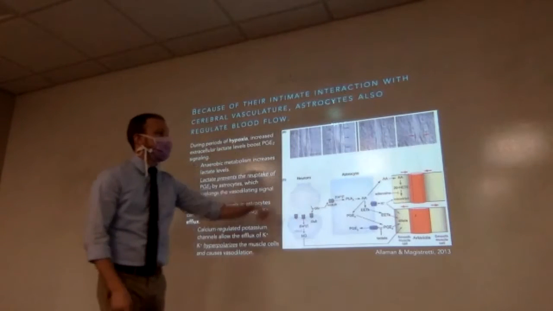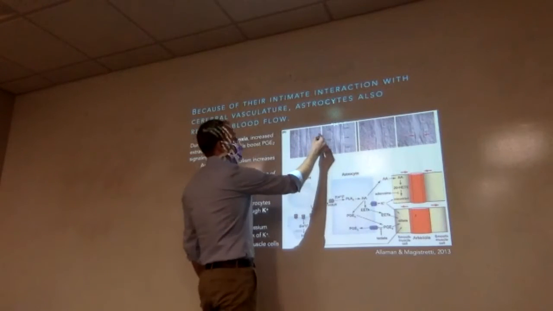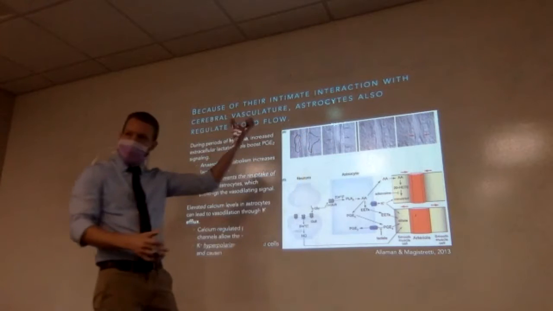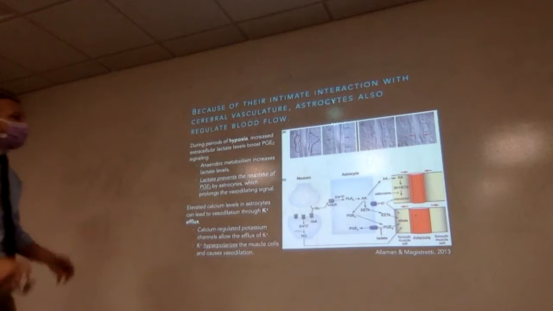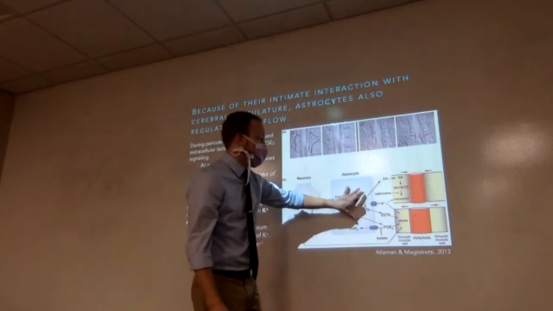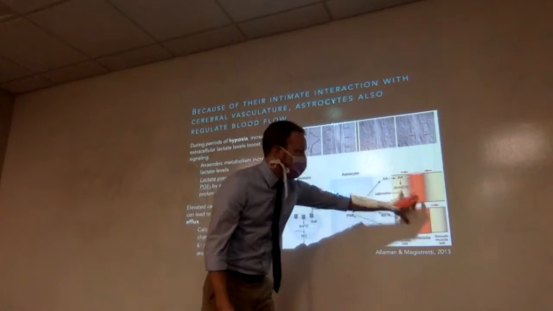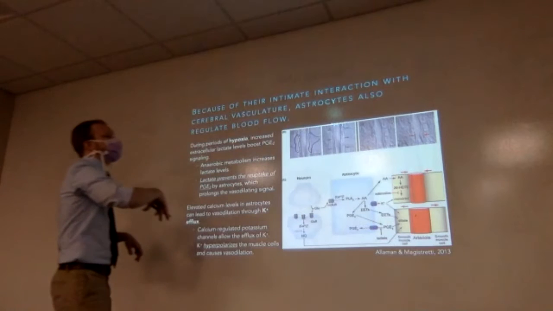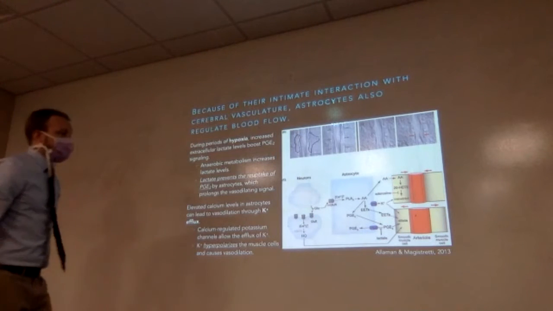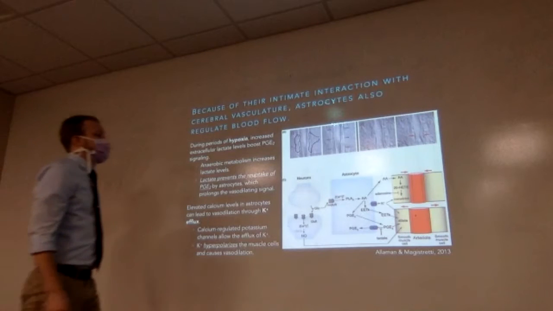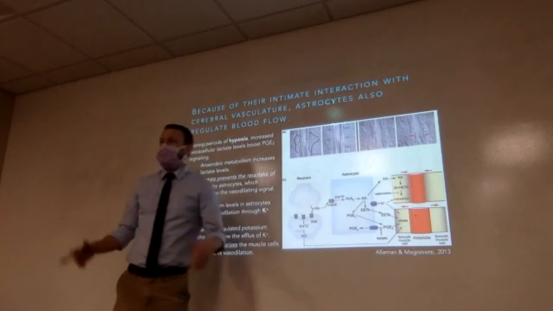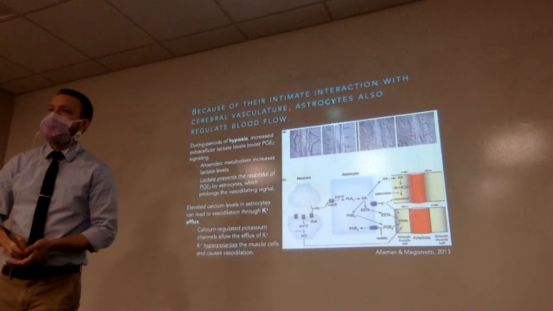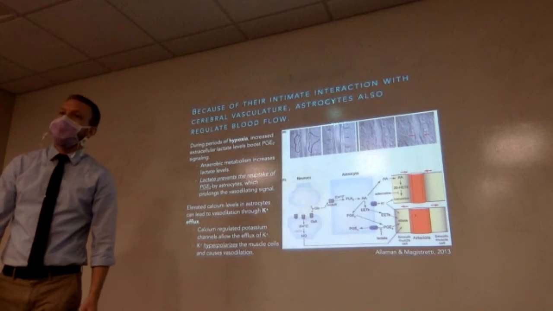All right, so astrocytes have to do that because of their relationship with the blood vessels. So keep in mind right here, we're going to have those astrocyte end-foot processes kind of surrounding this little area here. So they're wrapping around and giving the blood vessel a nice little hug there. And so these cells are going to be much better situated to communicate with the blood vessels than these cells. We keep neurons a little isolated from the blood. Blood's toxic to neurons. So we have that astrocyte middleman. All right, so how do we sense glutamate? How would we be able to know if neurons are releasing glutamate? What's the simplest solution? It's on this cartoon.